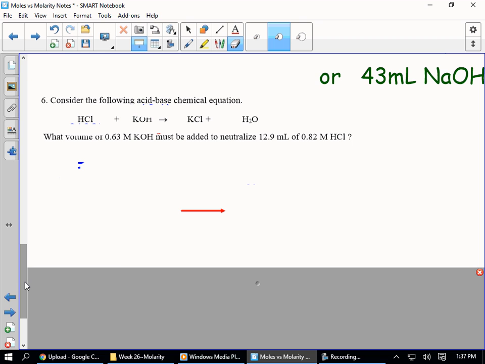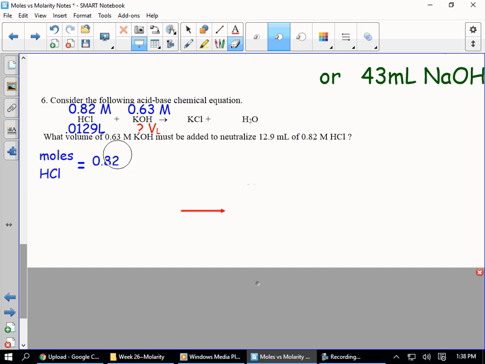Alright, did you get the right answer? Let's make sure. So it says, what volume of 0.63 molar KOH must be added to neutralize, again I'm going to change that into liters, 0.0129 and 0.82 molar HCl. Which one do I know the most about? I know the most about HCl,